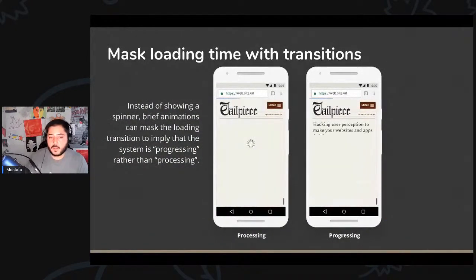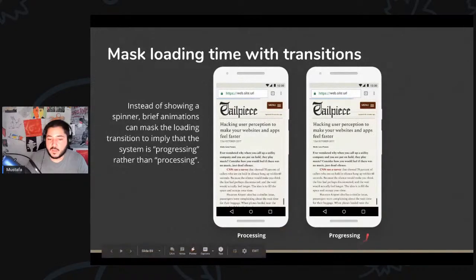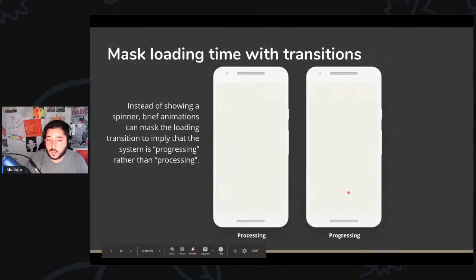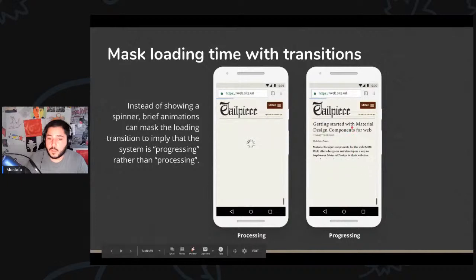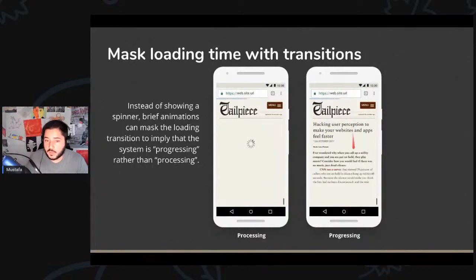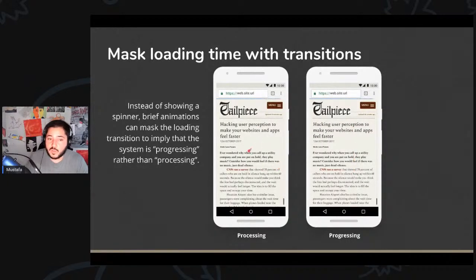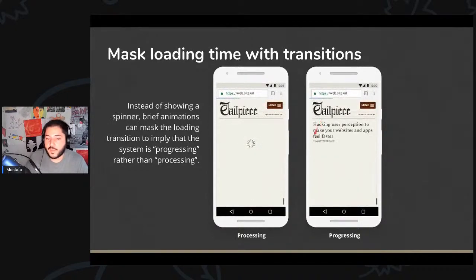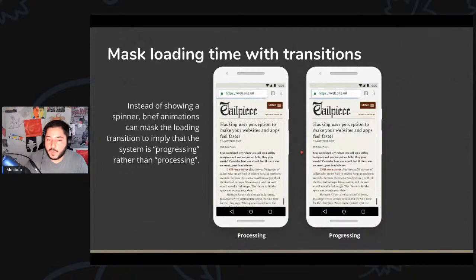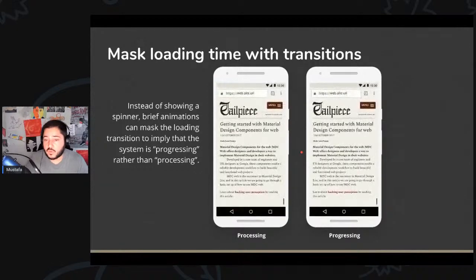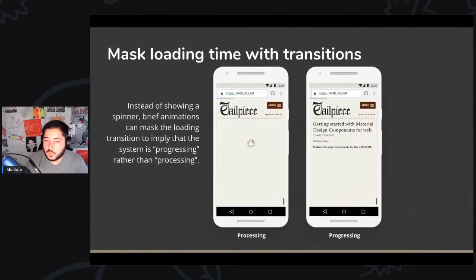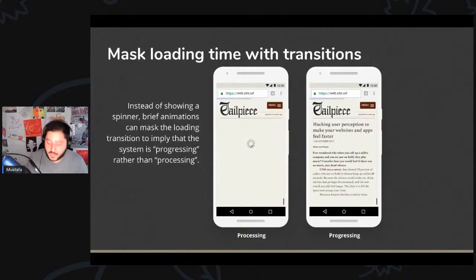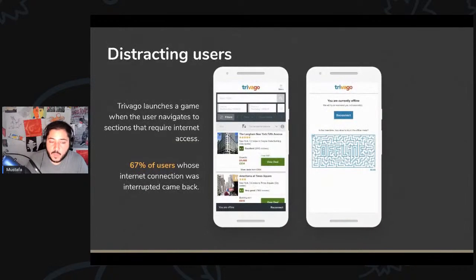Because the key thing here is you want to make sure that the system looks like it's progressing and slowly loading, showing that something is coming, as opposed to processing where the user doesn't know what's coming. Now, this is just a visual example of how you can do that. But the idea is you want to make sure that a user understands that progress is being made, and therefore they're reassured that it is actually happening. And one final one is